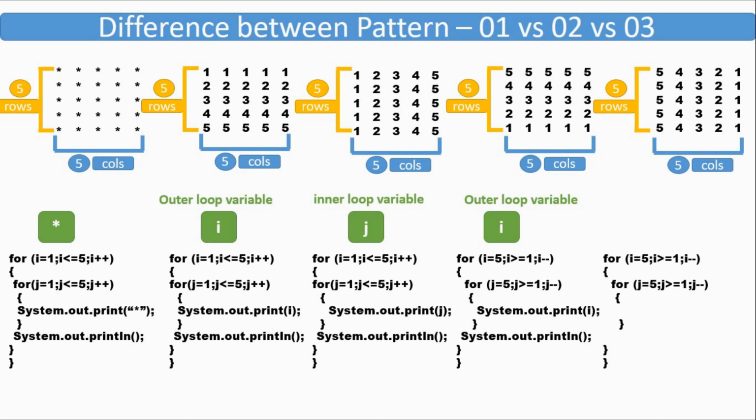The outer loop will look like for i is equal to 5, i is greater than or equal to 1, i minus minus, and the inner loop will look like j is equal to 5, j is greater than or equal to 1, j minus minus, where we are printing the inner loop variable, that is j. Here with the outer loop there is no such boundation, it needs to run 5 times. Either it will run from 1 to 5, or 5 to 1, or 10 to 14. It will have no impact on this, because this pattern depends on the inner loop variable, not the outer loop variable, and the work of the outer loop is to run 5 times.